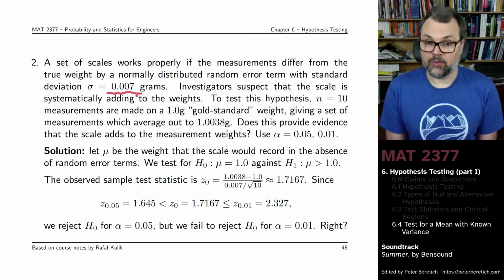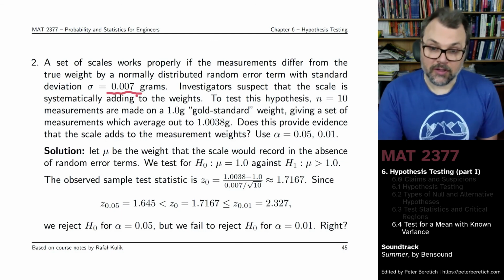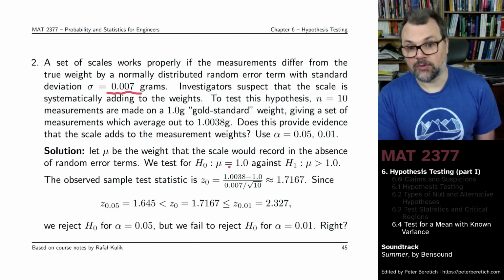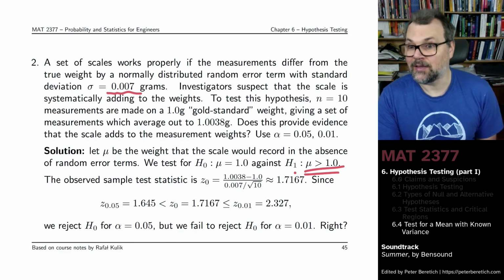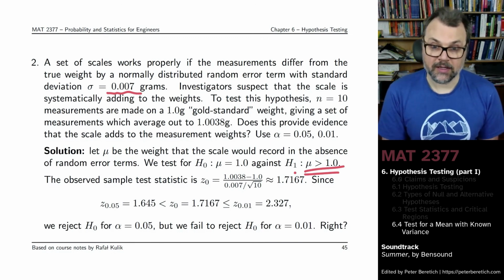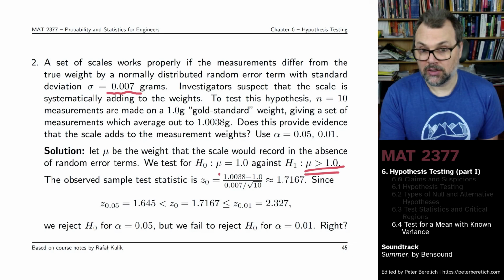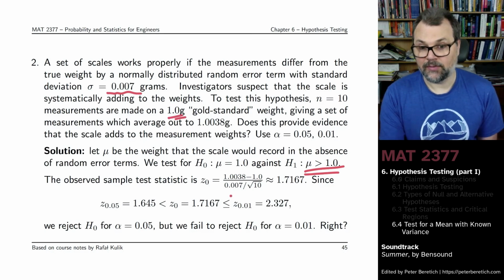We're testing the null hypothesis that mu is equal to 1.0 against the claimed hypothesis that it is greater than 1.0, that it is systematically adding a little bit more than it should. We compute the sample test statistic, the sample mean minus the null candidate, divided by 0.007 divided by square root of 10, and that's equal to